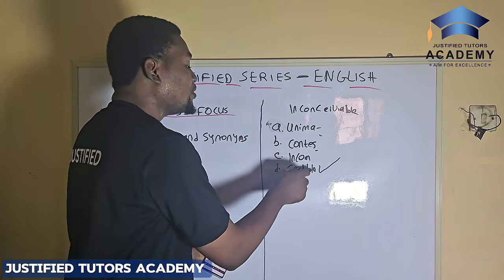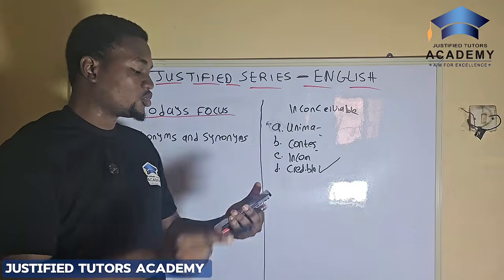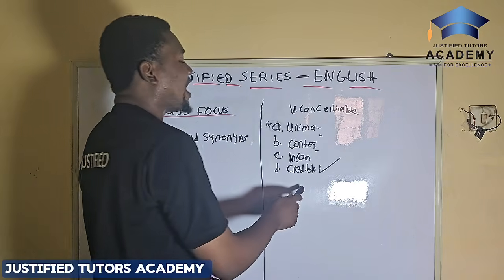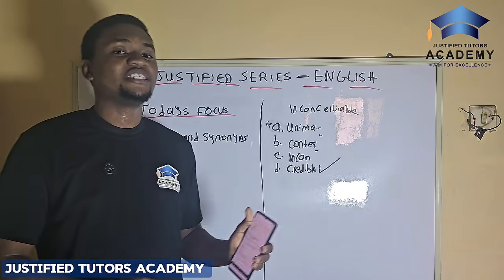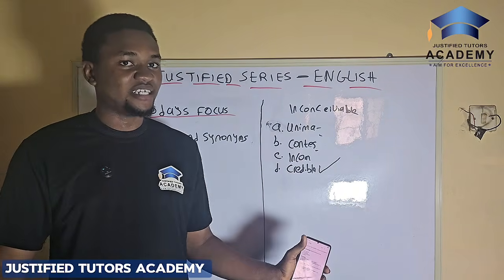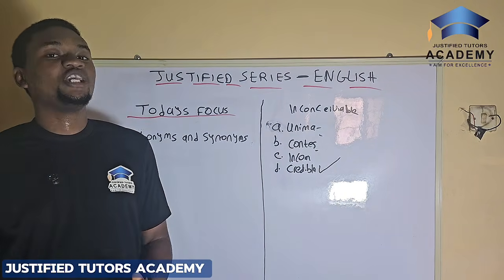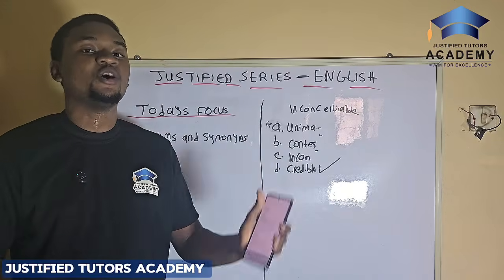And then credible means likely to be true. So I need you to go and learn all these words so that whenever JAMB is testing you on them, you can easily know the answer. So you get, antonyms and synonyms are just all about knowing the meaning of a particular word,